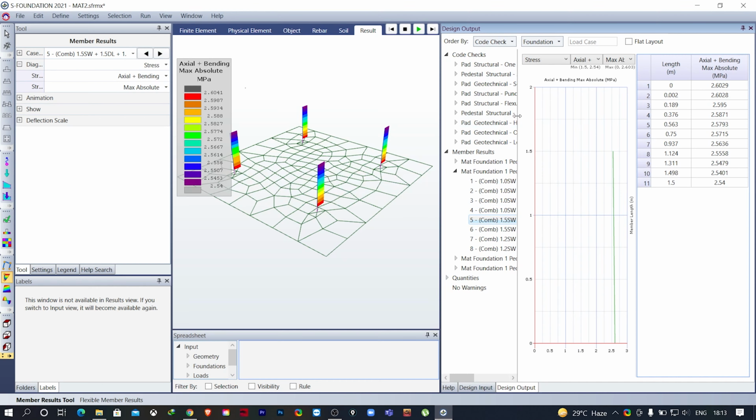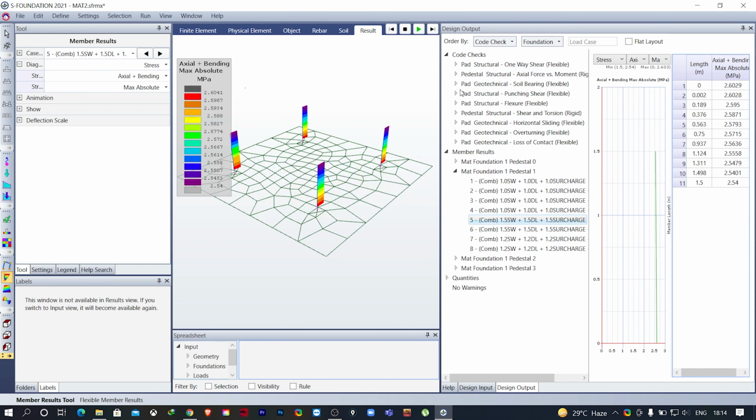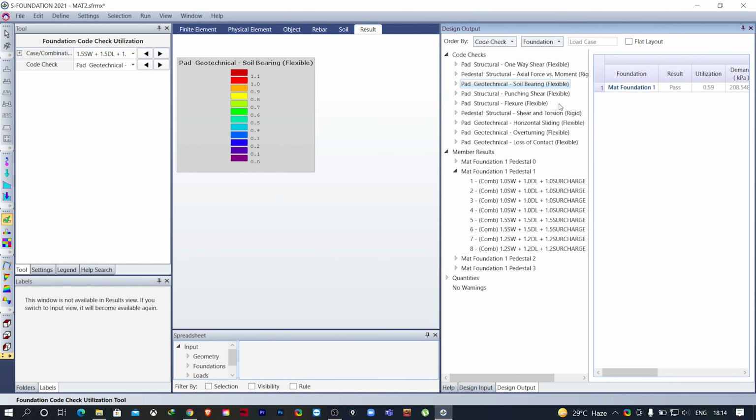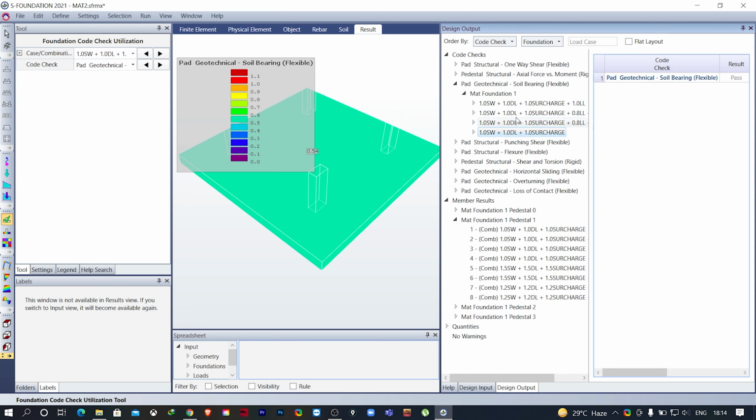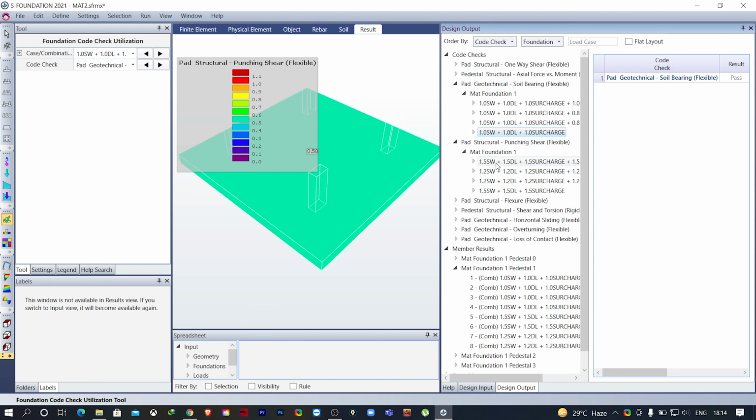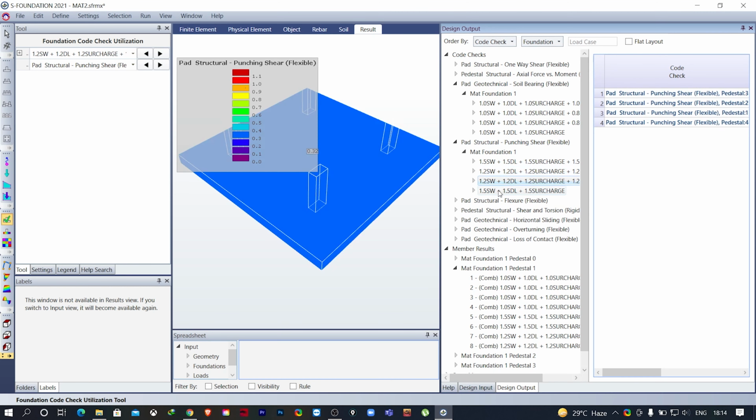You can see the results for the foundation pad. So here, if you want to check the soil bearing and select the load combination, it will give you the utilization ratio for that particular load combination. You can also check for the structural load combinations.